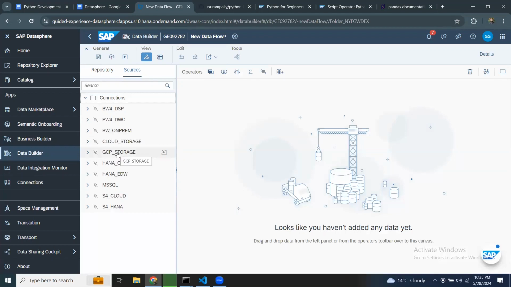This is not going to be the case when you are working in your production or in your free trial account, because these connections are prepared and given by SAP as part of the guided experience. So I'm going to use one of these connections and get the table data from those connections. For this particular exercise, I'm going to pull some data from HANA Cloud. This is the HANA Cloud